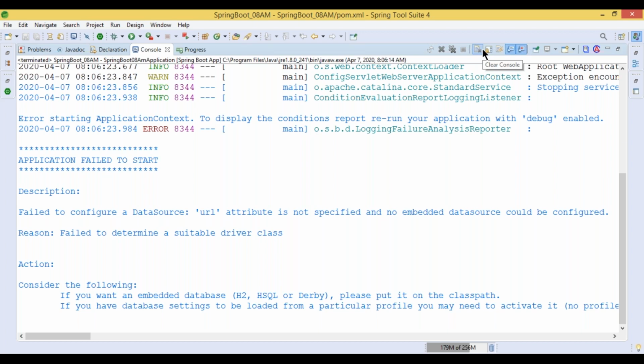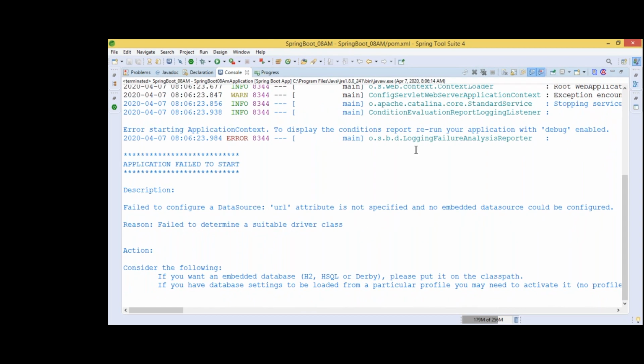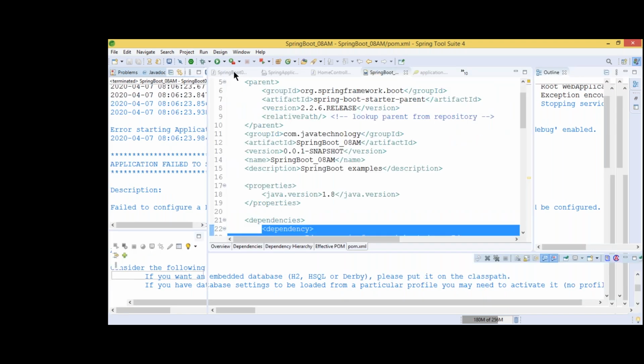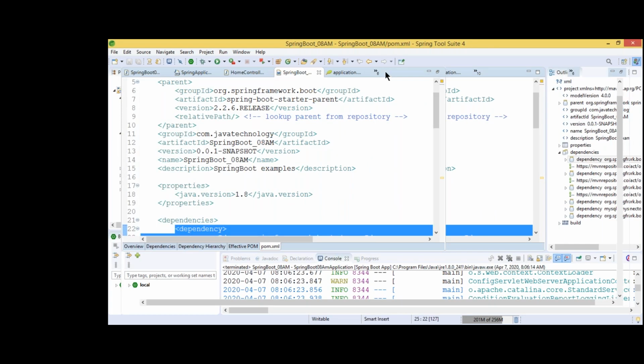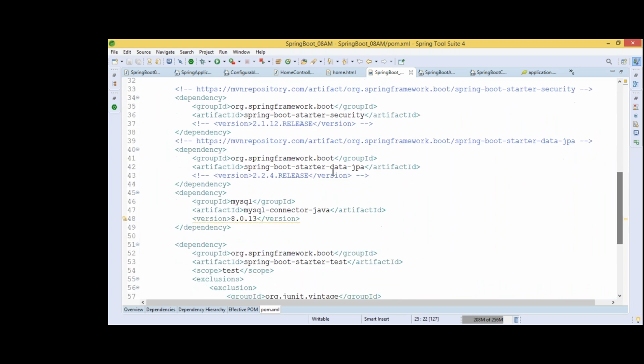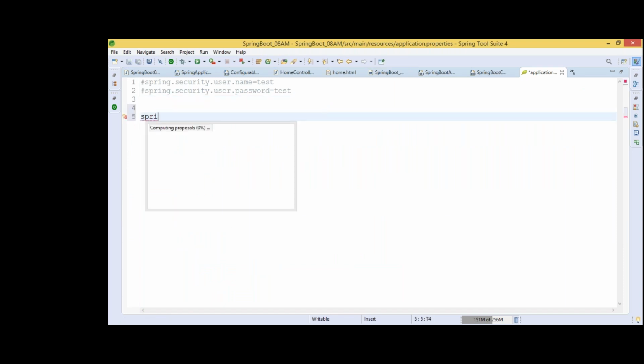What is happening here? Okay, so we added some jars information, but it's trying to identify the URL. What is the jar we added here? Let me check. Now, I think we used JPA. Okay, we added the JPA dependency. We need to provide the URL, username, and password related information. Let me provide that information.